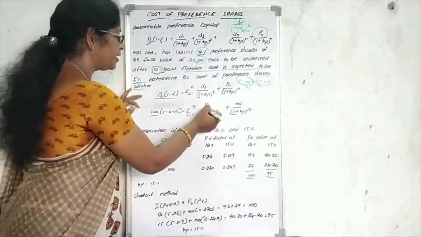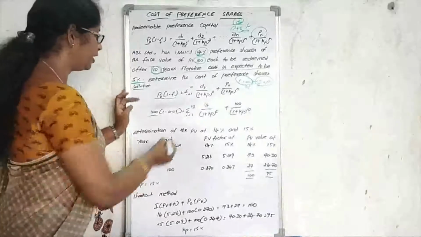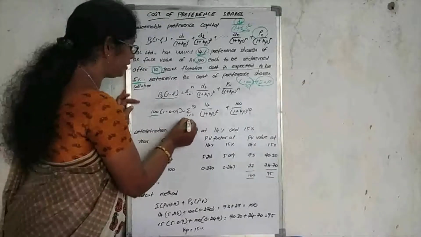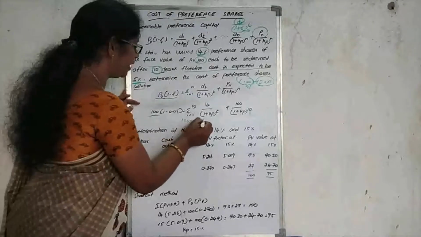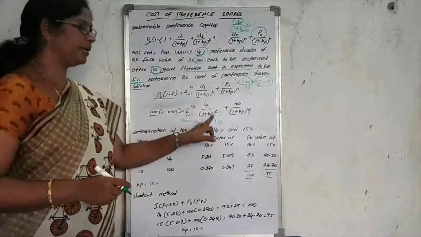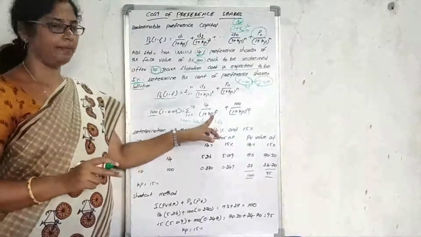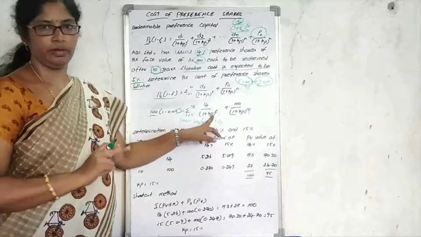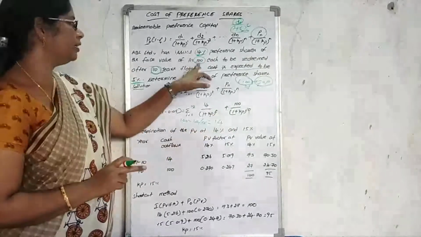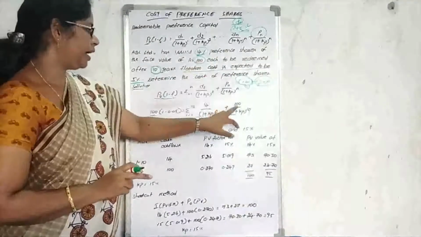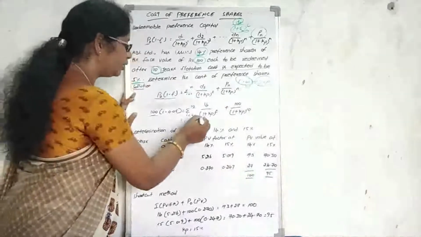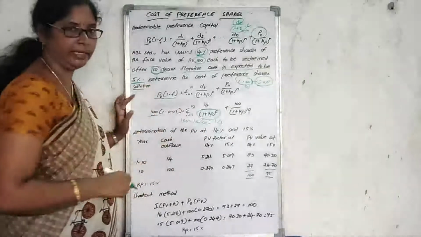Okay, 14 is the dividend value. How can we determine that 14 rupees as a dividend? 100 rupees into 14%, that is 14 divided by 100, which equals 14 rupees. 14 into 1 plus KP. Here we don't know what the KP is, the cost of preference. Plus, how much is the principal value? Here 100 rupees is the principal value, 100 rupees divided by 1 plus KP whole power 10. This value we are going to calculate.